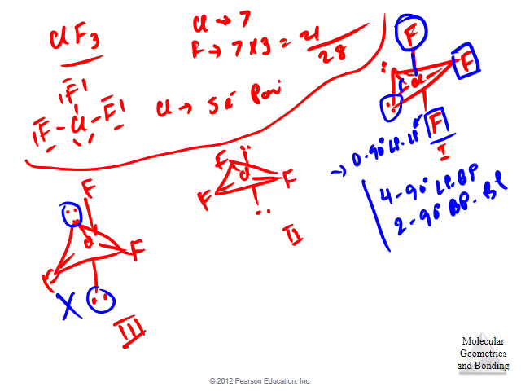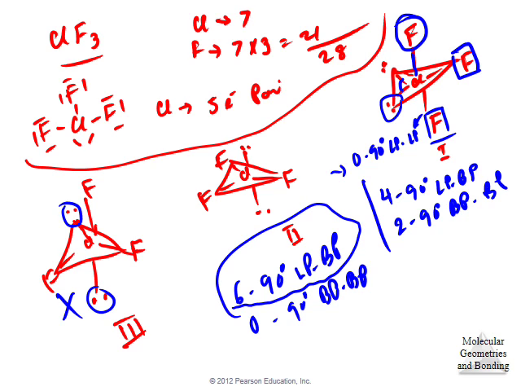Now let's look at structure number 2. In structure number 2, just like structure 1, there's no 90-degree lone pair interaction, but there are 6 90-degree lone pair bond pair interactions, and there is no 90-degree bond pair interaction. Now between lone pair bond pair and bond pair bond pair, lone pair bond pair is more destabilizing than the other one. So number 2 is less stable than number 1,